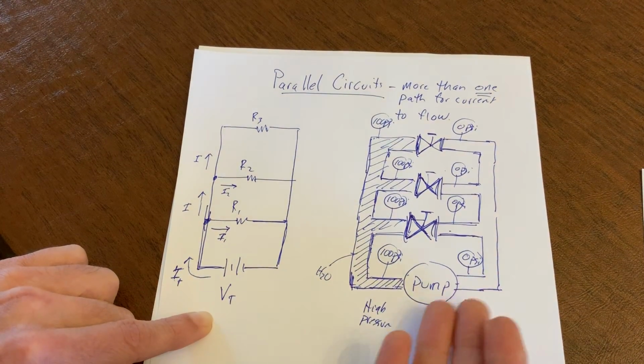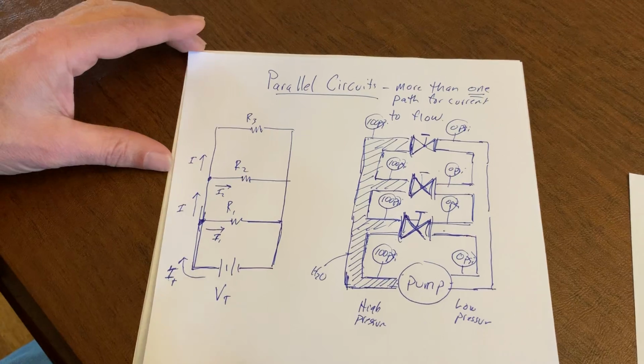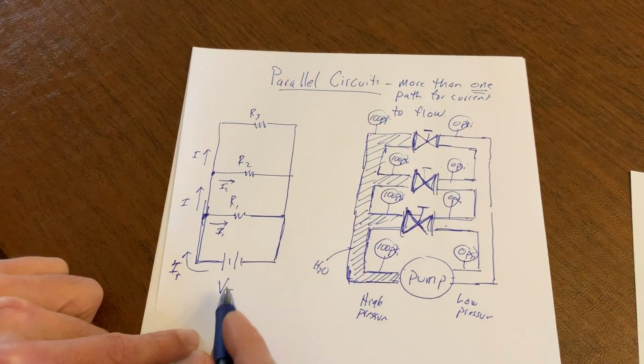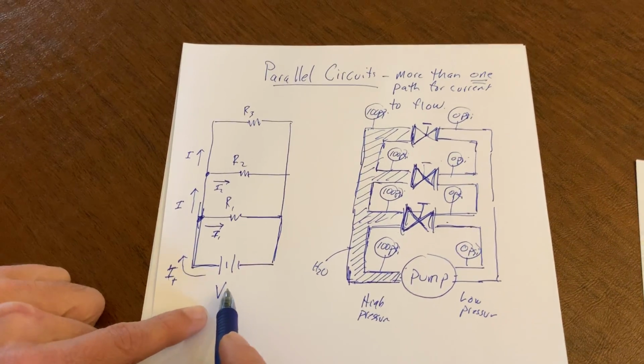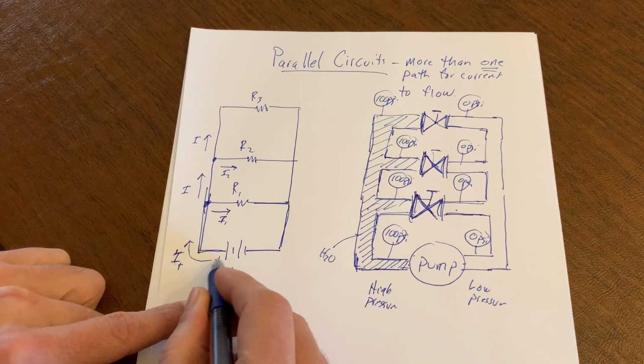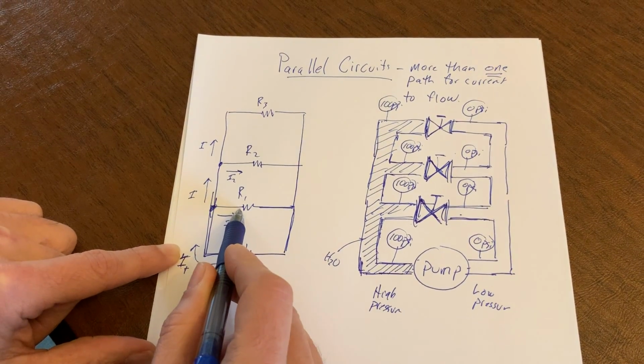How can I make this water pump analogous to my electrical circuit? Well, let's take a look. Remember what my battery is. High pressure, low pressure, right? So wouldn't you agree that the high pressure side of my battery is connected via a conductor to the left-hand side of this